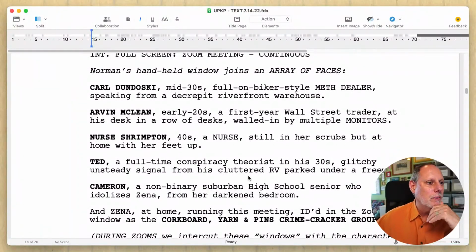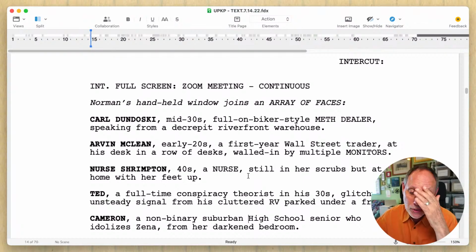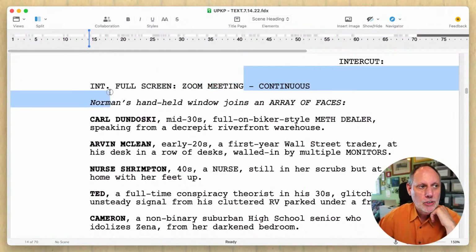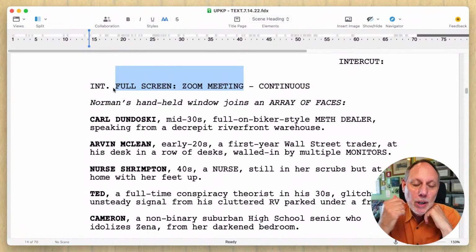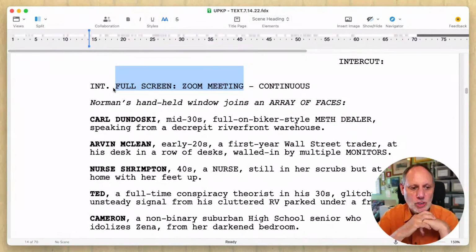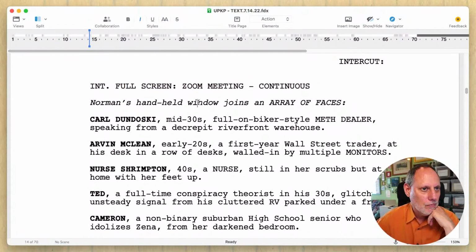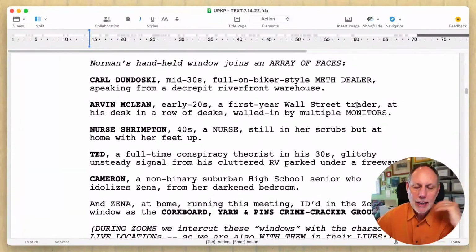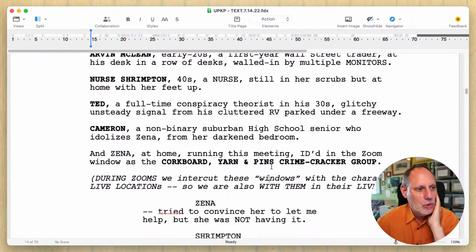Okay. Hi, everyone. This is one of those things where just introducing a concept like I'm going to show a Zoom meeting. Now, to a certain extent, when you say full screen Zoom meeting, everyone pretty much is going to know what that is. Certainly everyone who matters in reading a script, they know what Zoom meetings are. So all I'm saying here is we got a Zoom meeting. These are the people in it. And then I just want to make sure